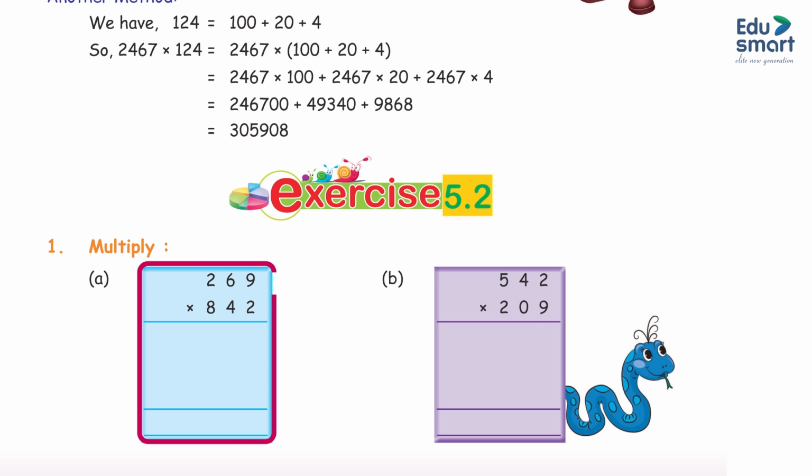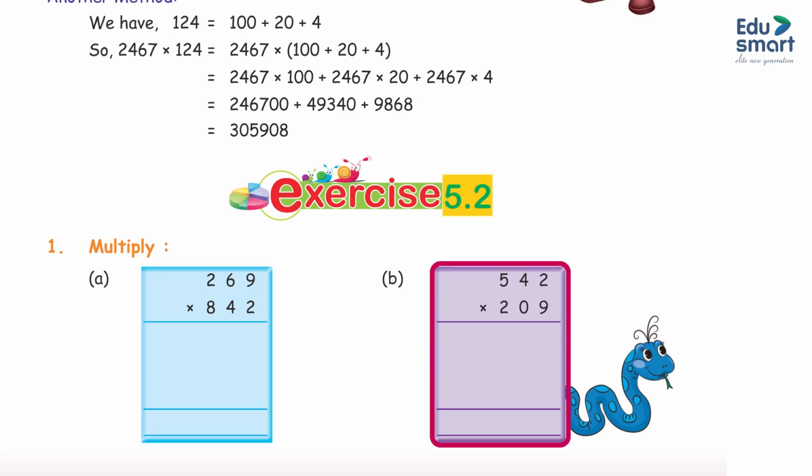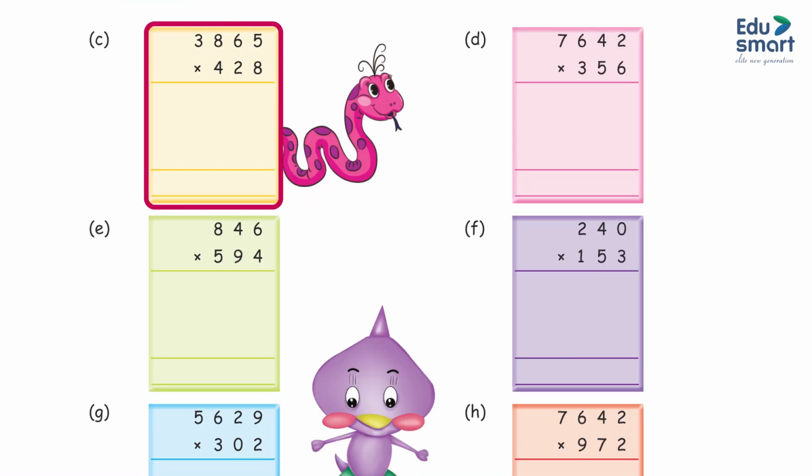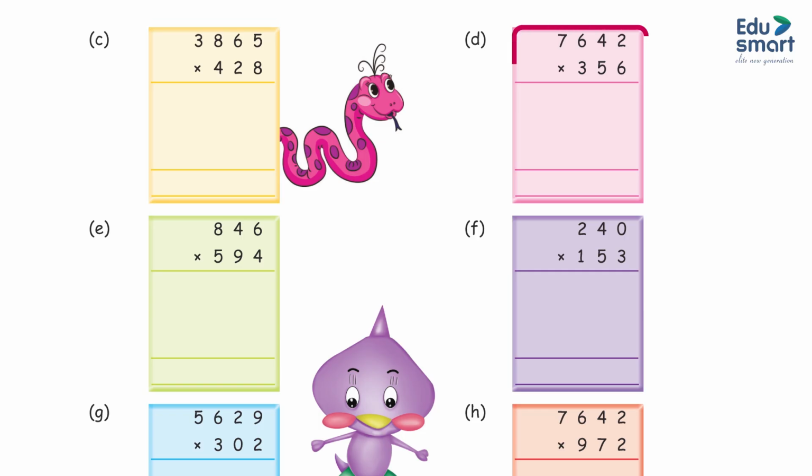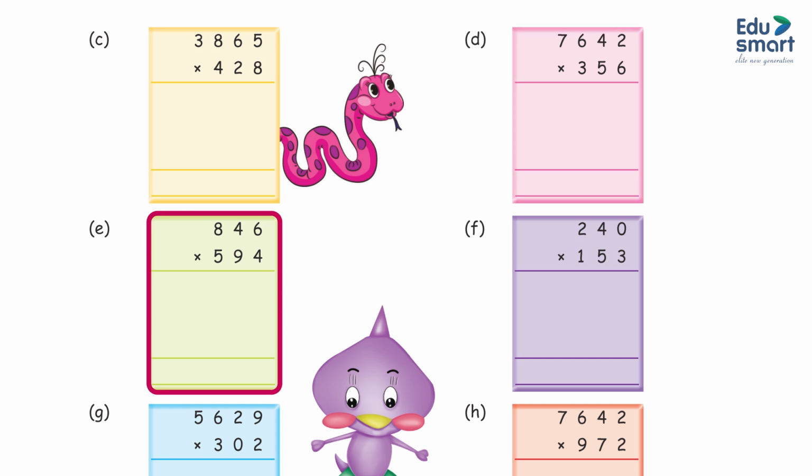Multiply A. 269 into 842. Answer: 2,26,498. B. 542 into 209. Answer: 1,13,278. C. 3,865 into 428. Answer: 16,54,220. D. 7,642 into 356. Answer: 27,20,552. E. 846 into 594. Answer: